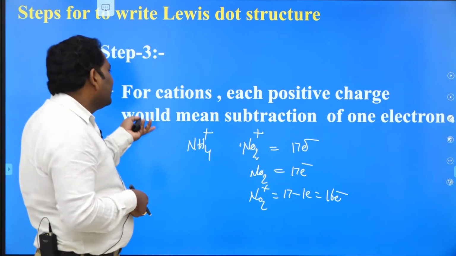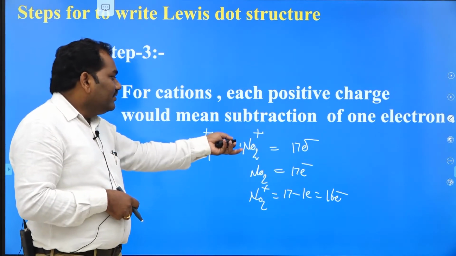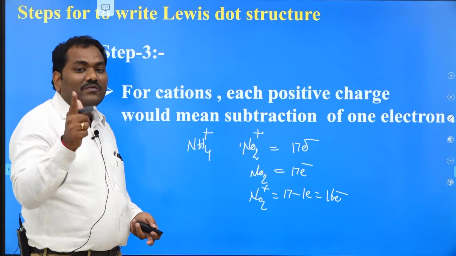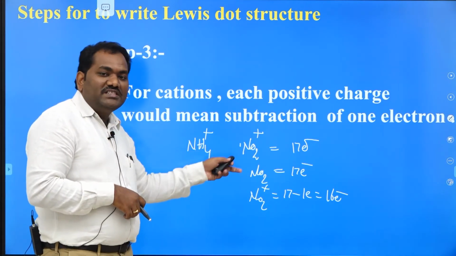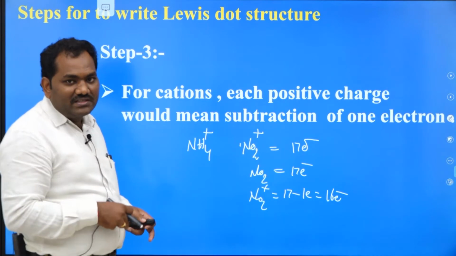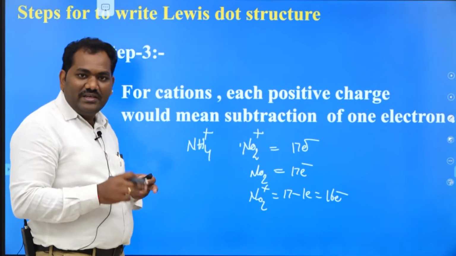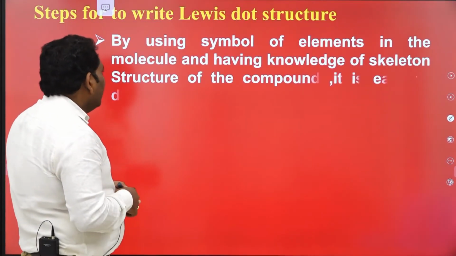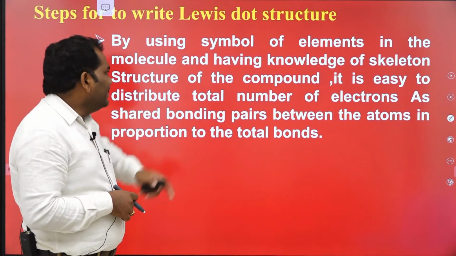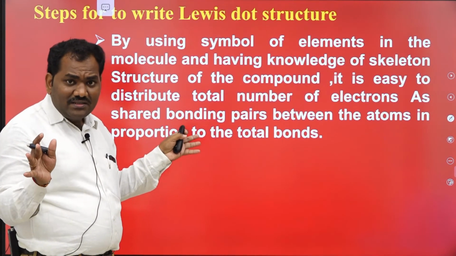Similarly, if it contains 1 unit of positive charge, we have to subtract 1 electron. If the molecule contains 2 units of positive charge, we have to subtract 2 electrons from the total valence electrons. Okay, clear? After that, by using the symbols of elements in a molecule, after calculating the valence electrons,